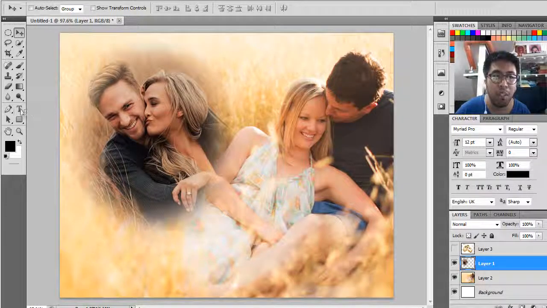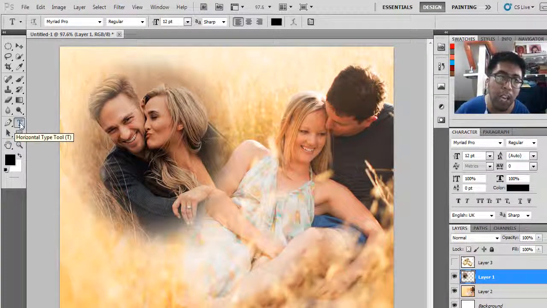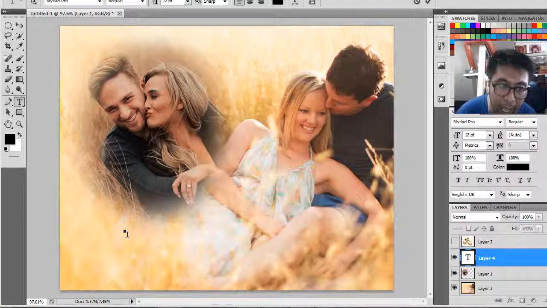Okay, tapos maybe just a few words here, using the horizontal type tool. Okay, punta na tayo dito sa horizontal type tool. Horizontal type tool or the type tool is a tool in Photoshop that allows you to create text. Basically text. Kung magta-type ka, magsusulat-sulat ka. So there's two methods on how to apply text by just clicking, and it will simply create a new layer, a type layer, and you can just type, kunyari, Mark,